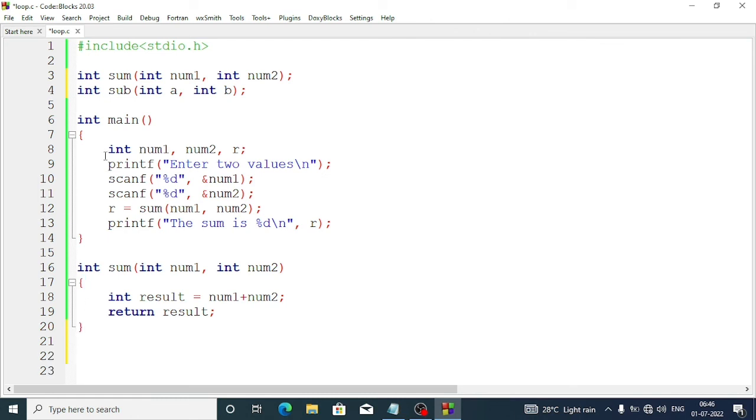Here the return type of the function is integer, it can return me integer values. The name of the function is sub, and to the function I have passed two parameters, that are integer variable a and b. Now we will define the function, so write int sub, and